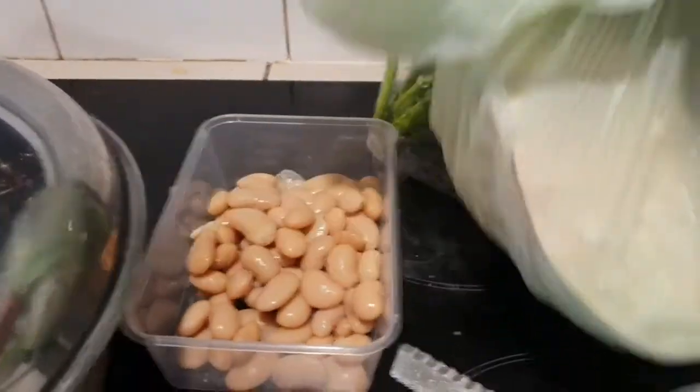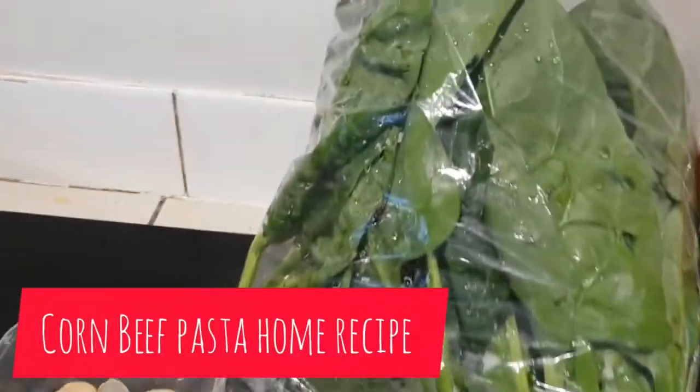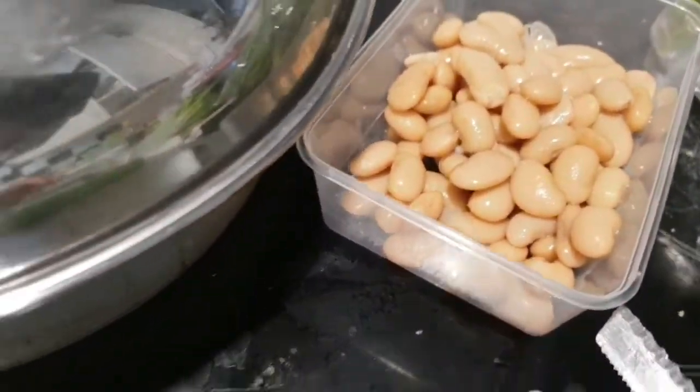I'm going to cook some pasta using my own recipe. So I'm using beef, one corned beef, chickpeas,